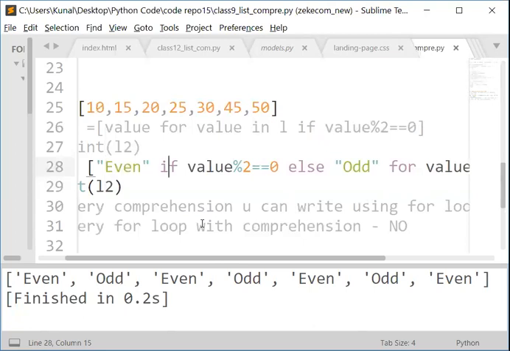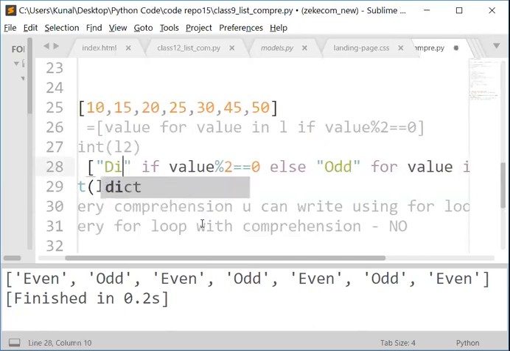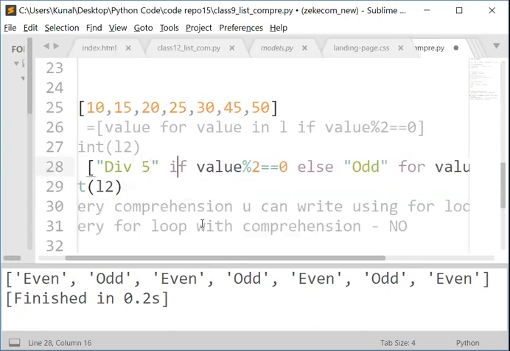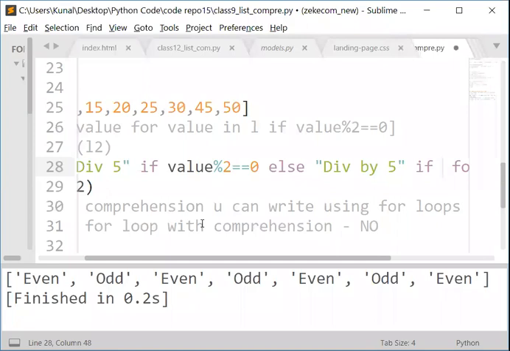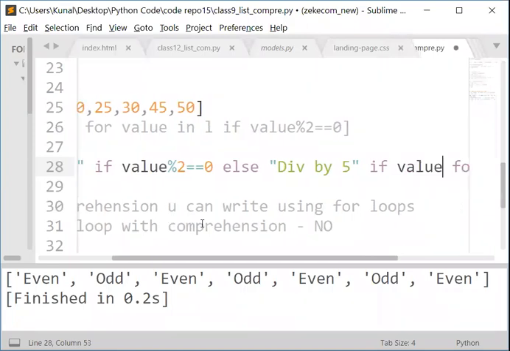if value is, let's say, let's check if number is divisible by 5, then add, let's say, divisible by 5. Then divisible by 2. Else just check, else add divisible by 5, that is if value mod 5 equals 0. Okay, else